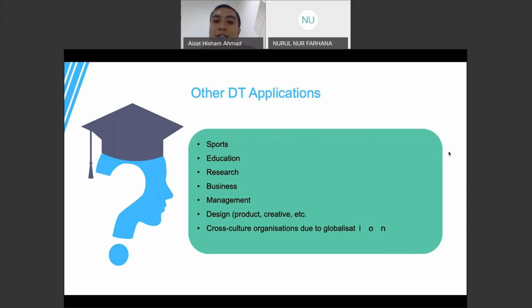Okay, cross-cultural organizations due to globalization. If you go to multinational companies such as Intel, or maybe what else, Dell, some of those that I can think of in Penang, they have been applying design thinking. All right, they might be calling it something else, for example. But design thinking has been widely being used, including in multinational organizations, companies, cross-cultural organizations, which means that they have different setting in different countries. So they have to understand the differences in terms of their workforce or their stakeholders. In fact, you can think of anything. DT has been applied to these sectors.